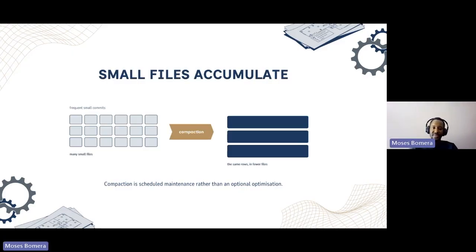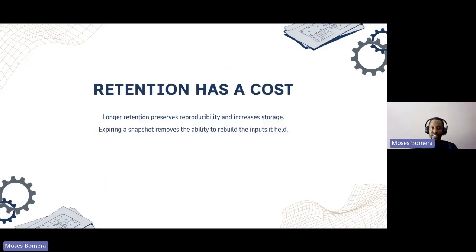But also, if you're having a lot of frequent small commits and tons of small files, then you might be using the wrong system to solve a certain problem. That's one cost to look out for. As files get written, at one point, because there are so many, you need to compress them to ensure efficiency in the system. Then the key defining feature of a lakehouse, again, is the reproducibility.